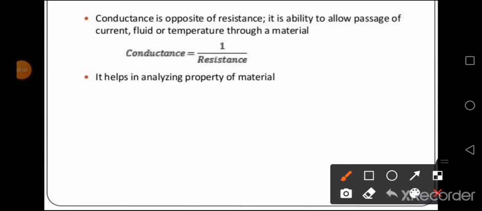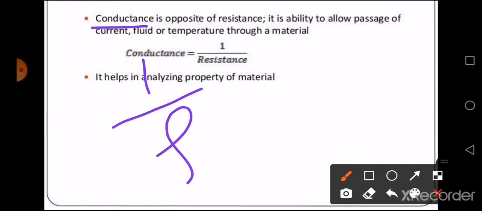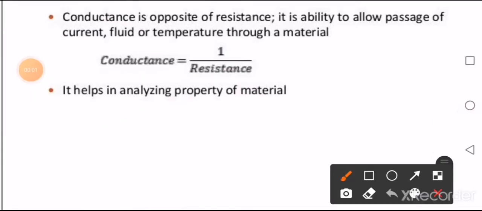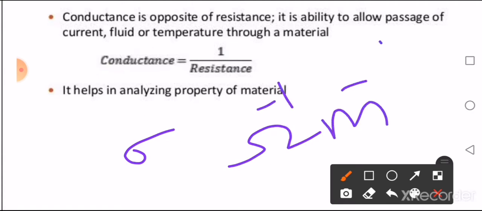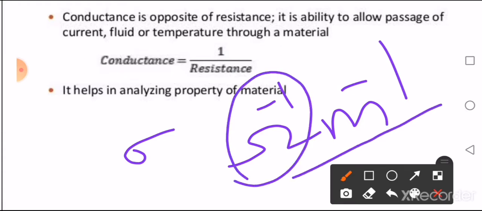Now you have one more term, conductivity. Conductivity is the reciprocal of resistivity. Conductance is the reciprocal of resistance, and conductivity is the reciprocal of specific resistance or resistivity. Now conductivity, you denote it with the letter sigma, and the unit is ohm inverse meter inverse, which you can also call Siemen per meter. Ohm inverse you call Siemen, isn't it? So ohm inverse meter inverse, you can call Siemen per meter.